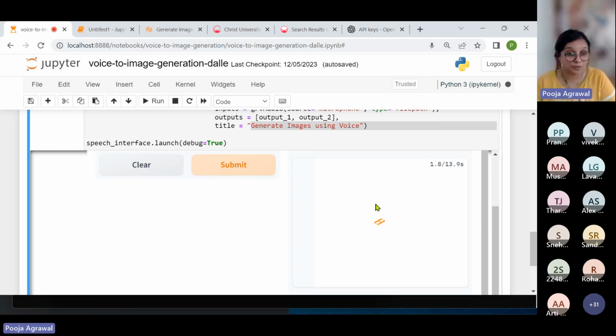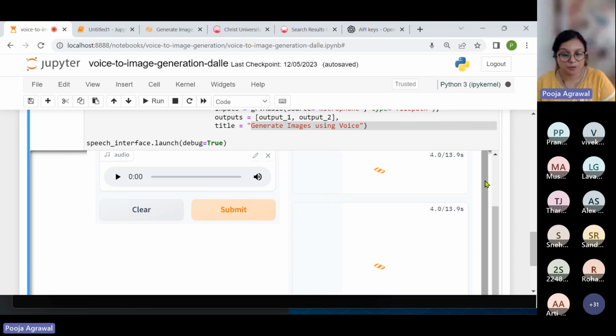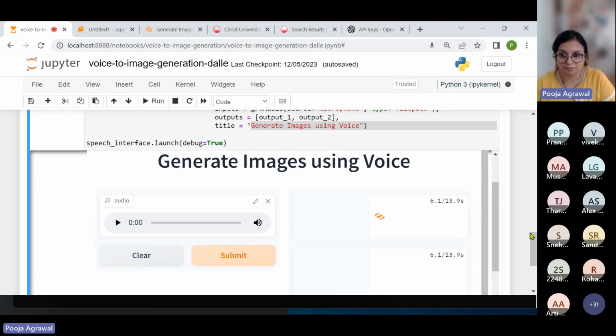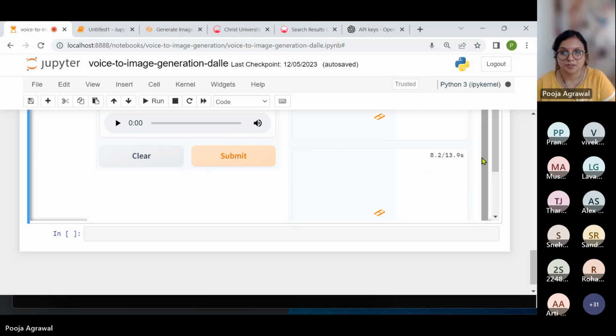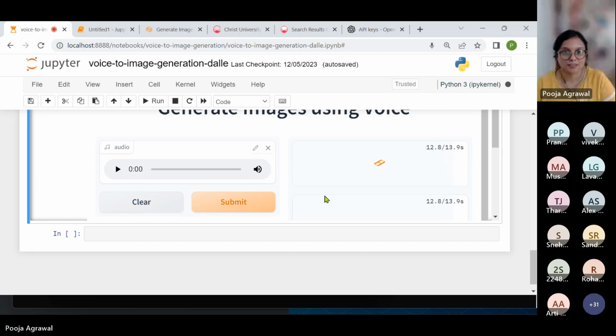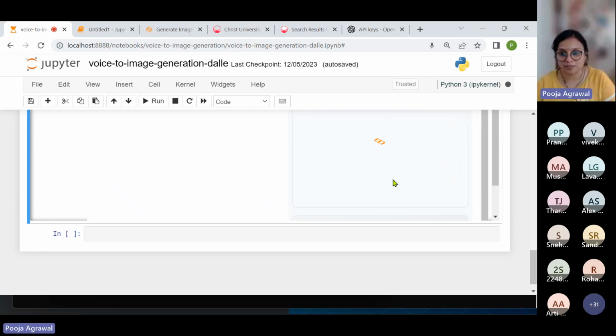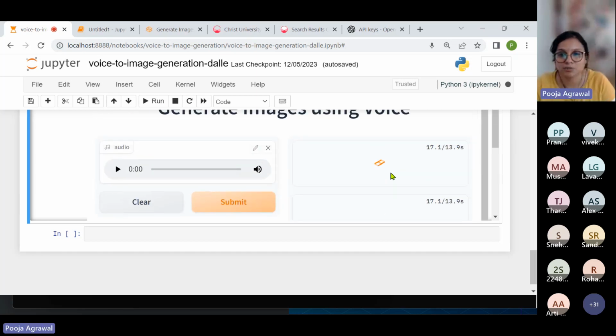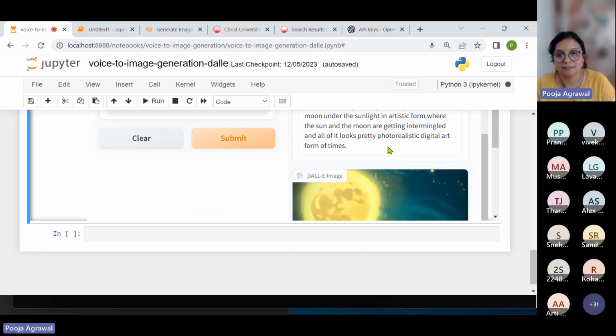Not sure what will come out, but I do really like testing this dog image a lot. That was the first that we tested on this model while we were developing this solution. And